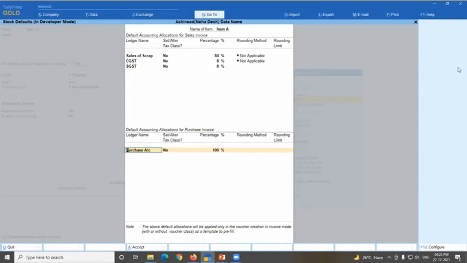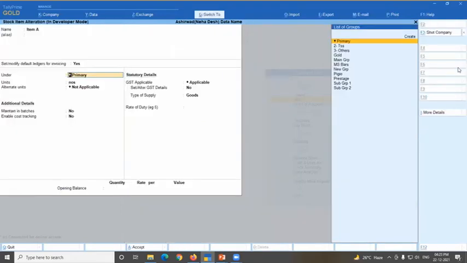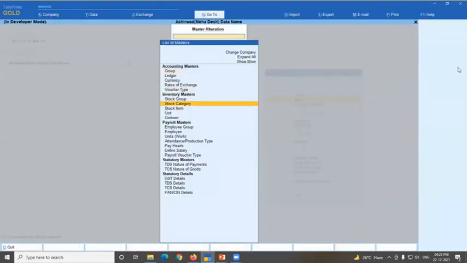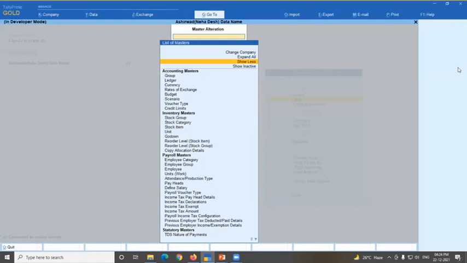And maybe the next question that came to your mind is, if I have thousands of items, how can I put each and every item for this type of configuration? So don't worry, Tally already has these configurations. So Tally has a copy accounting allocation concept in masters. So accounting allocation masters can be copied and pasted to your desired group or items. So don't worry. That is actually a different topic, so I am not taking this topic here.